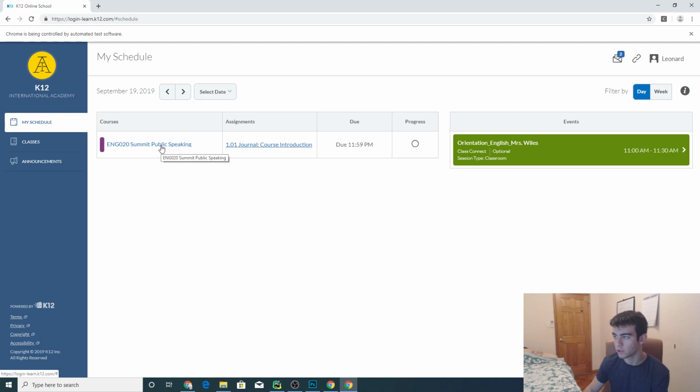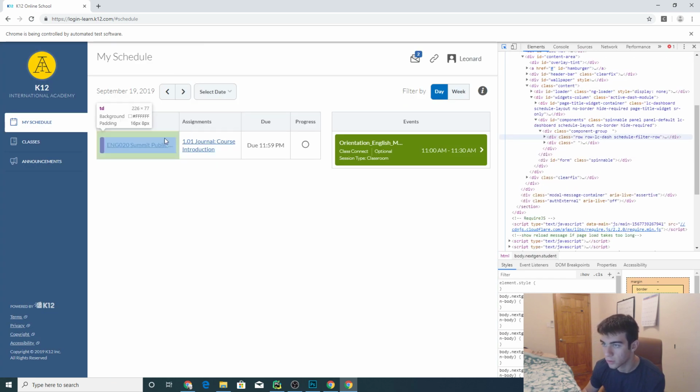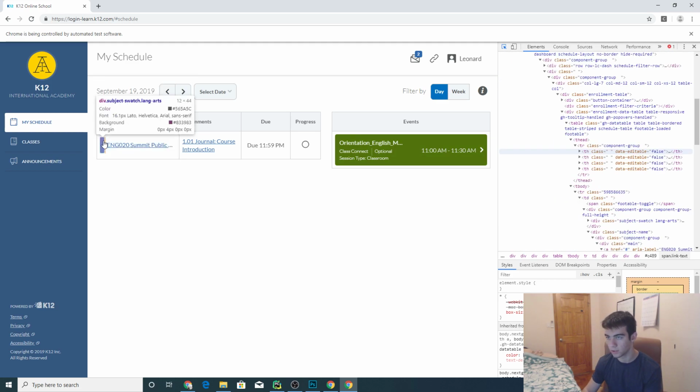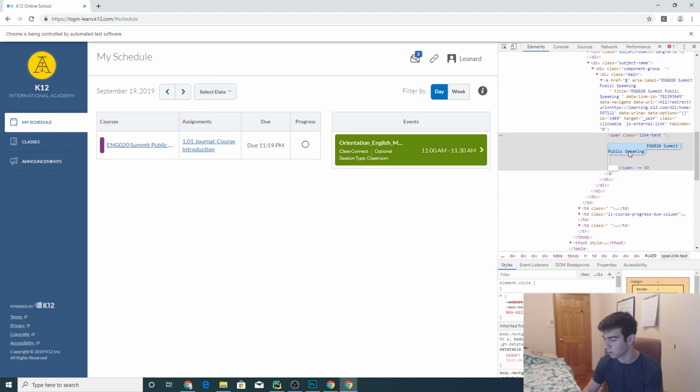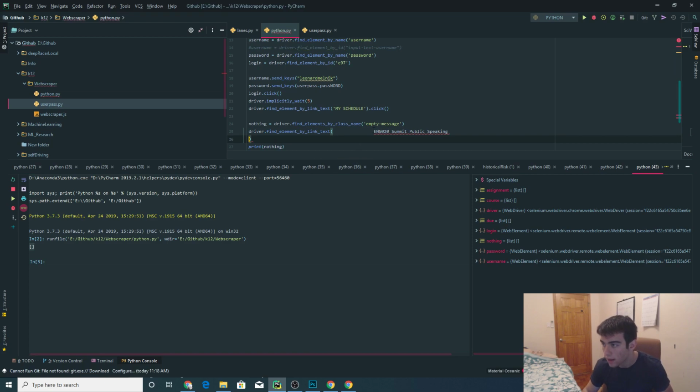Hold on. So what if I could just literally find it by the linked text? So here. Okay. Class equals linked text, literally. So it's gonna let me take this. So driver find element linked text. Paste that in there. So print